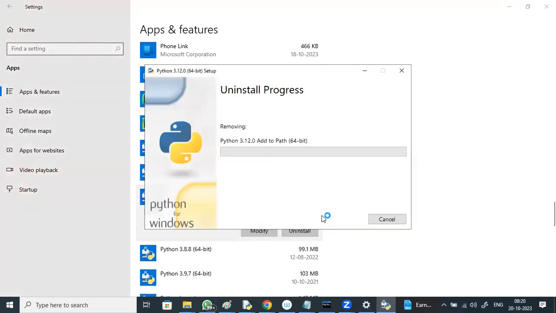Python provides different softwares for different environments, for Windows, for Linux, and Mac OS. For Linux, no need of any installation. By default, Python comes as inbuilt.